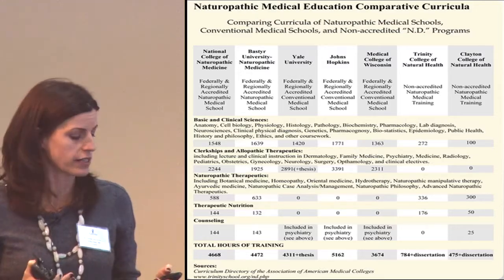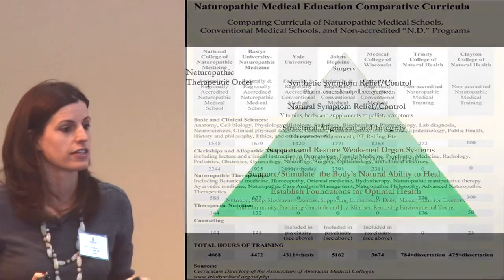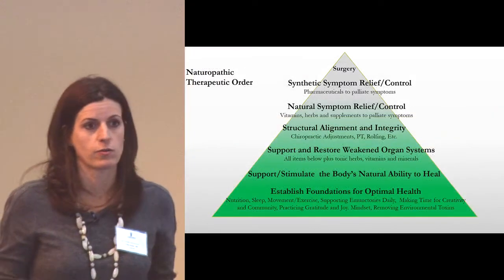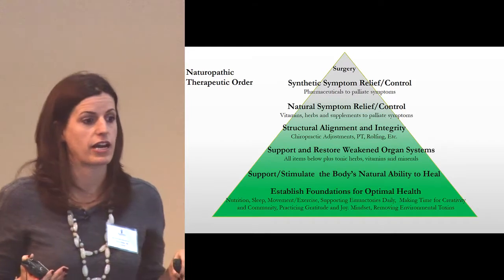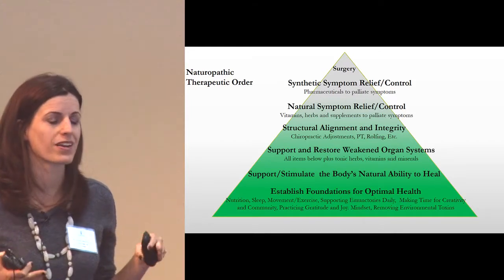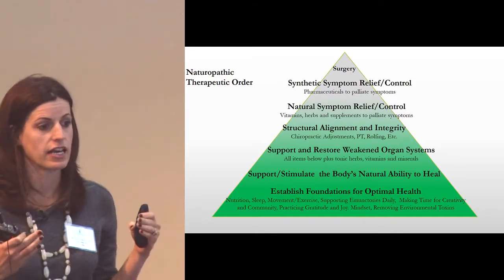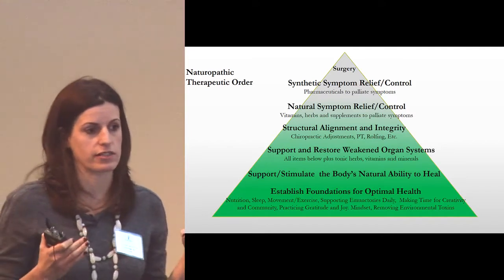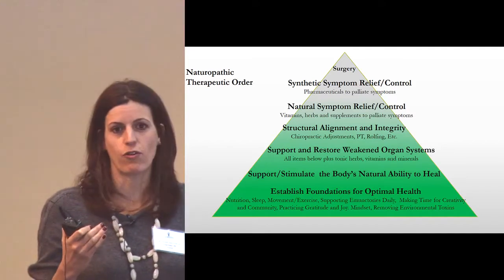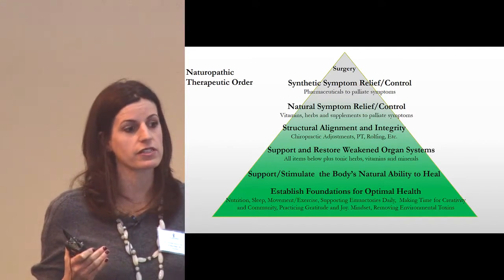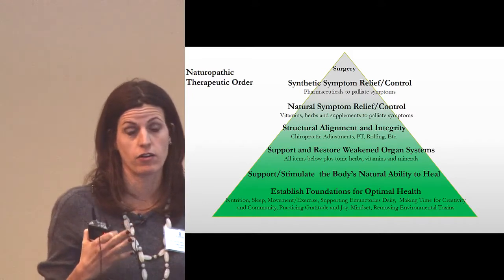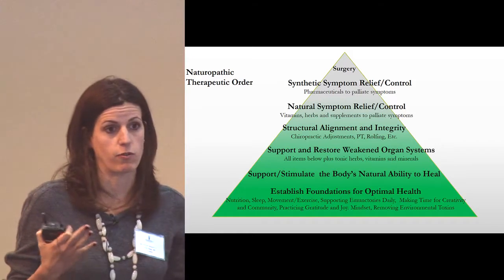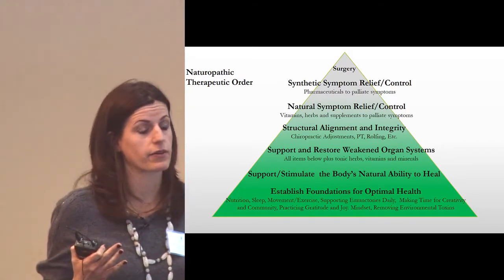And so to illustrate that, we can look at what's called the naturopathic therapeutic order. This is simply a diagram that shows a kind of hierarchy of healing, not necessarily a hierarchy in the sense of one level or part of it being better than the others, but just showing all the different areas that we can intervene when we've been diagnosed with an illness or we want to create healing in the body.